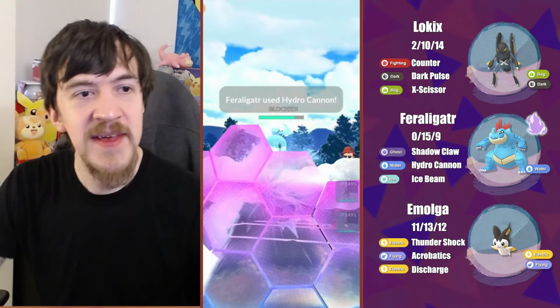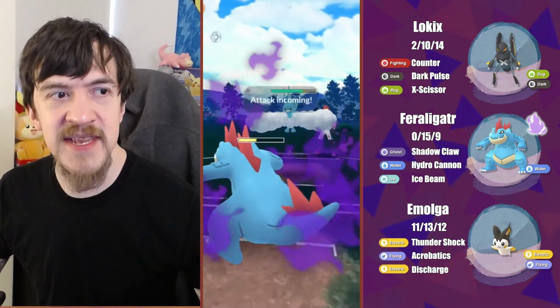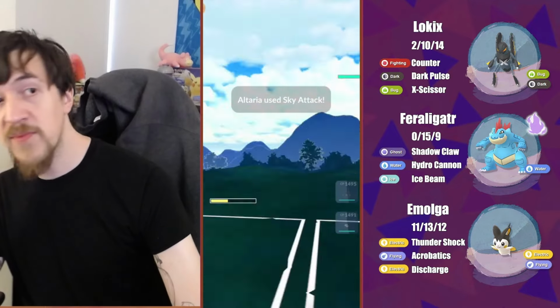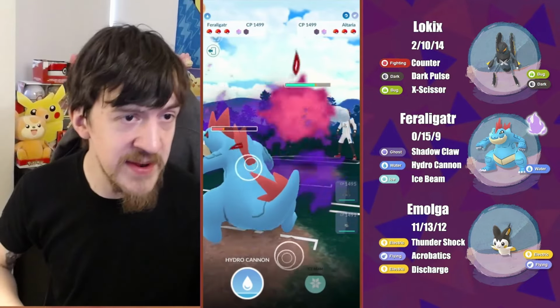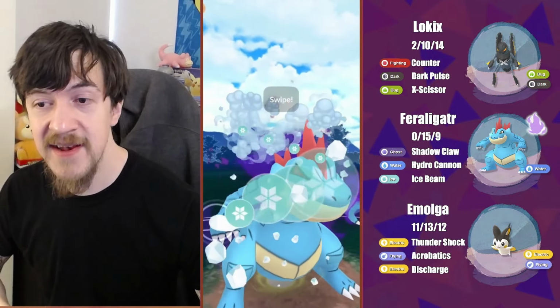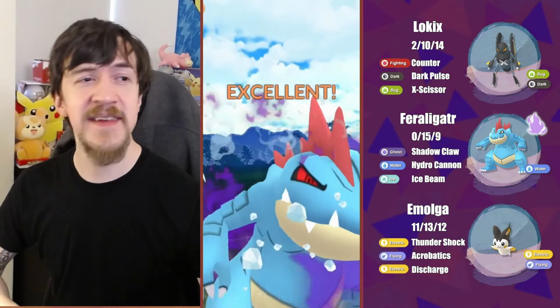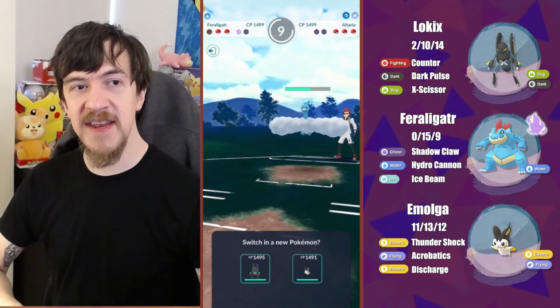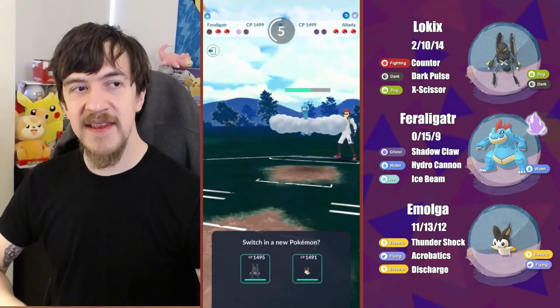Next battle, definitely pretty bad scenario for me with Altaria lead. I don't have the best answer for it on this team. I mean, I have ways to deal with it, just not efficiently or consistently even. So I bring in Feraligatr. I do get the double shield, which is significant, but like I said, I don't really have a great way